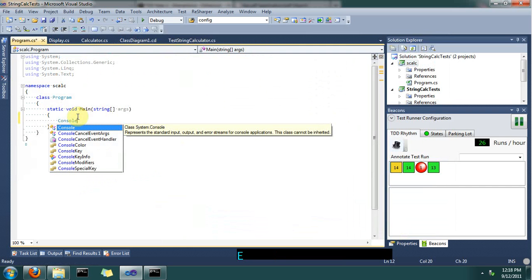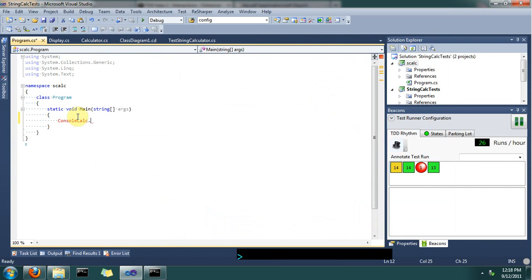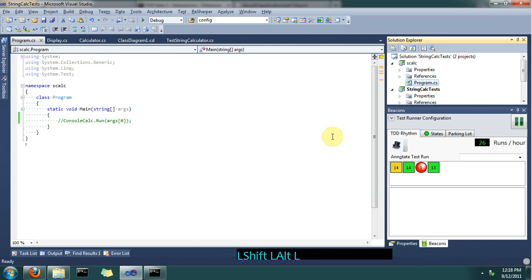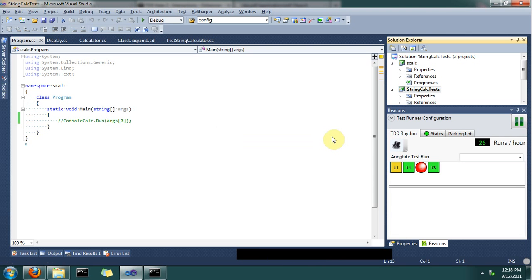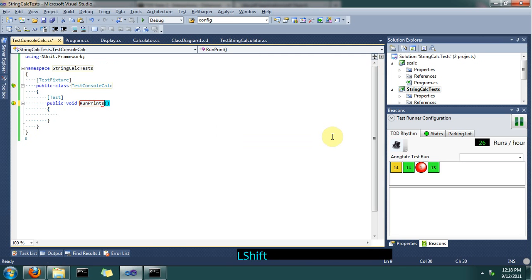So in this class, what I want to do is keep the console app thin. I'll probably delegate to a class like this. And now if I can develop the console class using TDD, I don't need the console app ever in my tests. Let's do that. I'll just comment this for now and add a new test section. Again, this would be similar, this time the input is input, like this, and we'll assert that